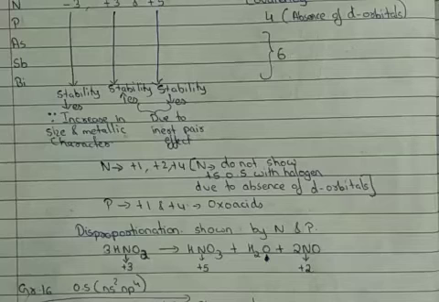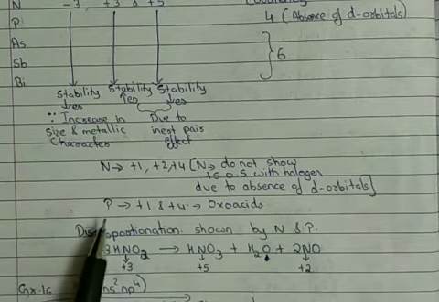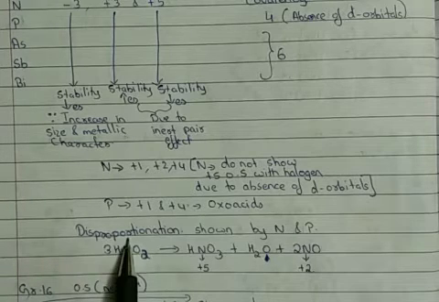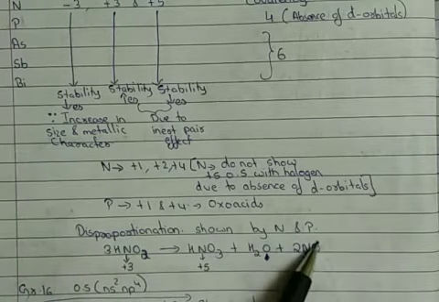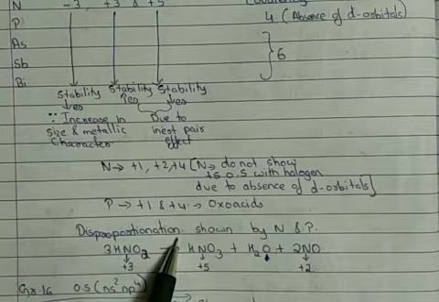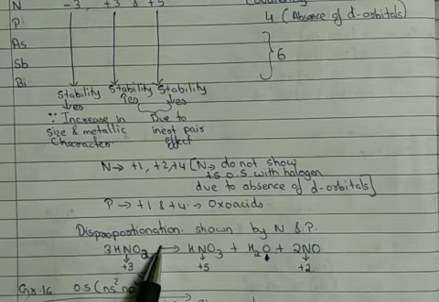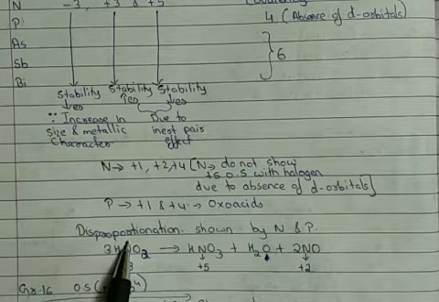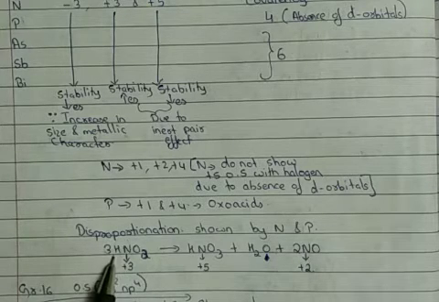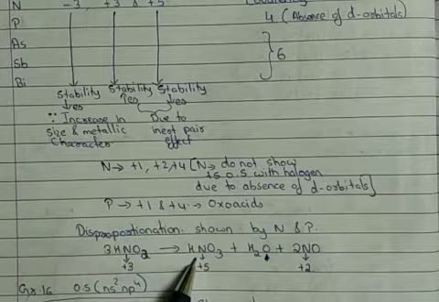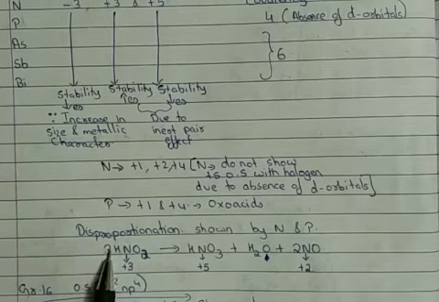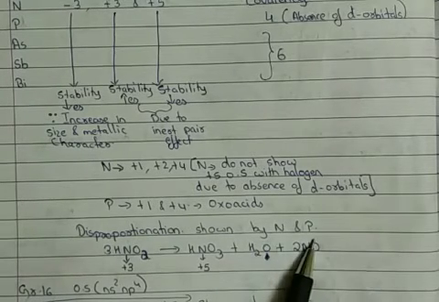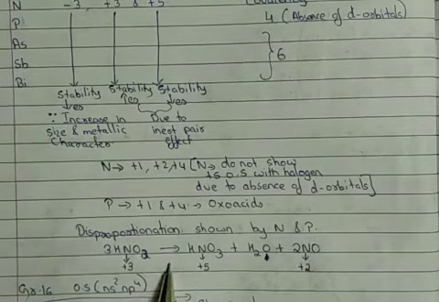A continuation of our oxidation state part. We just discussed the oxidation states of the elements of group 15. In that, there is one more important thing: nitrogen and phosphorus show disproportionation. Now, what is disproportionation? Disproportionation is a process where, in the given redox reaction, the same atom undergoes oxidation as well as reduction. Now, this property is not shown by everyone. Some of them show it, and among group 15 it is nitrogen and phosphorus that show the disproportionation reaction.